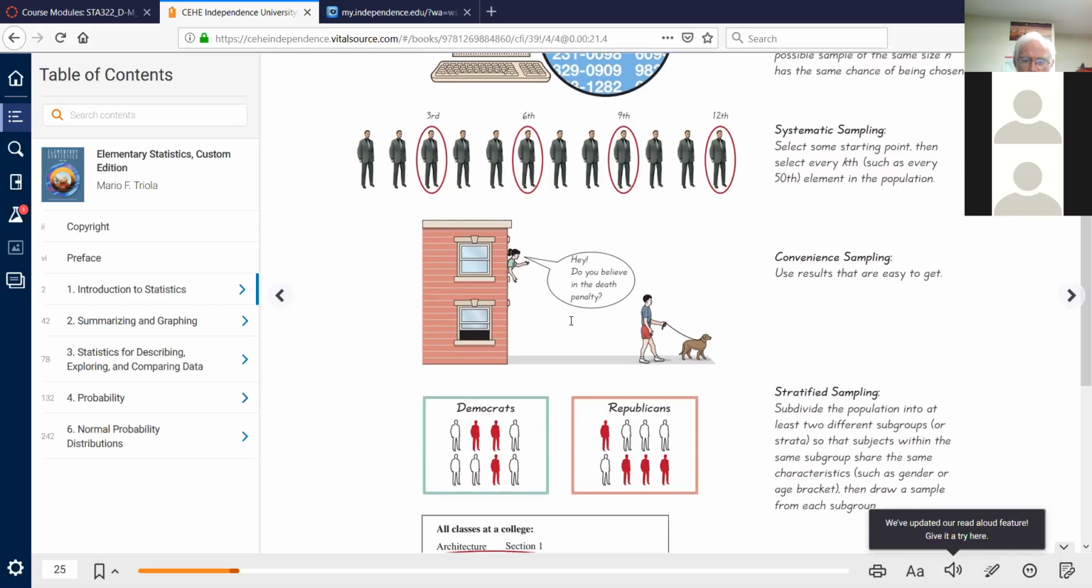Either our friends or people walking by on the street. Many of these street side sampling surveys that you see, especially this time of year around election time, is convenience sampling, because all you're doing,